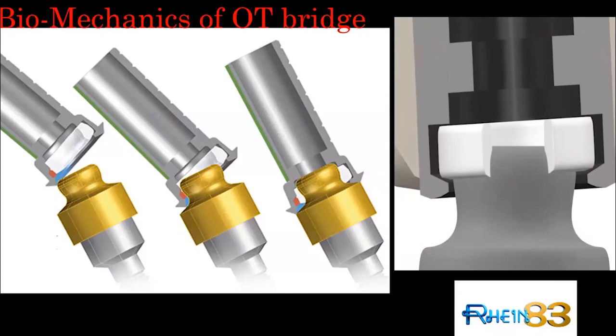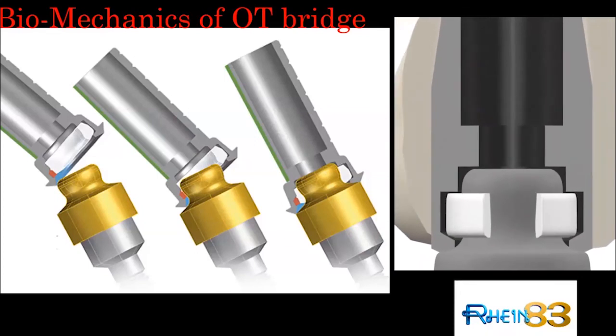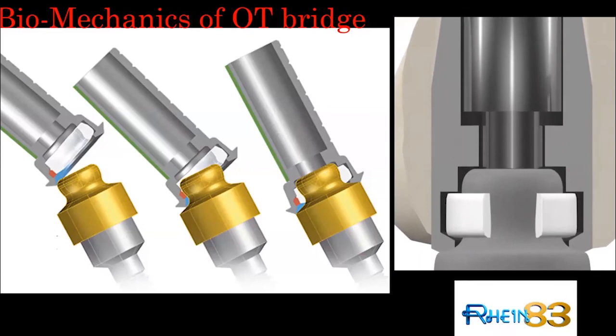So it will be like this. It is a click. So it's like an overdenture first, and then you have to insert the screw. So it has the advantage of fixed as well as removable. Okay, but the straight abutment which is available from the company will compensate only 15 degrees.